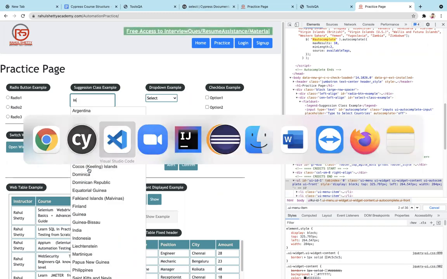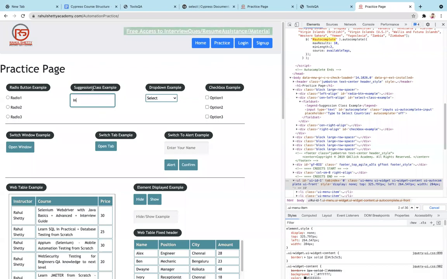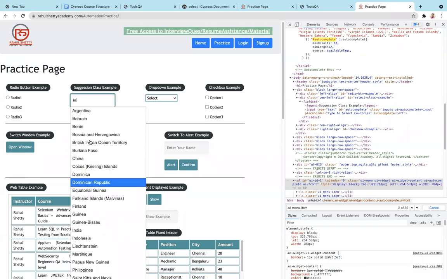But if you use this for loop, then what is happening is I am forcefully telling Cypress to go one by one through this particular element only. So in the for loop, we need not define the value. We are just typing this, go through each element one by one, and if you get this element, then just click on that.